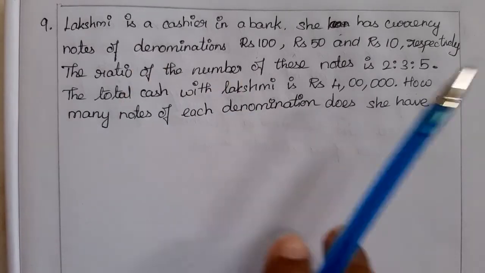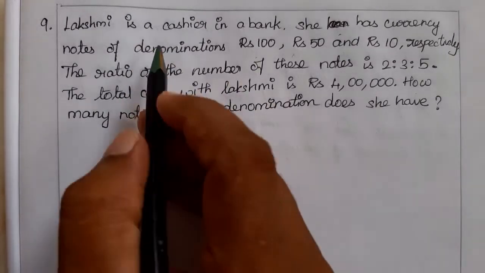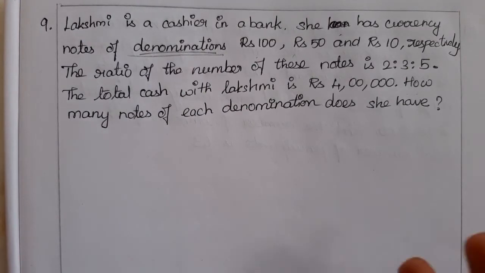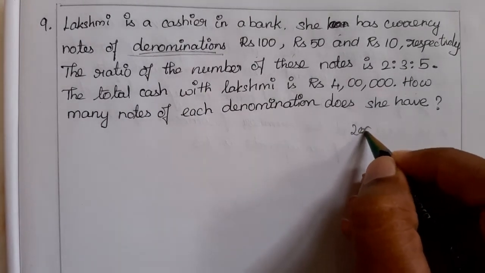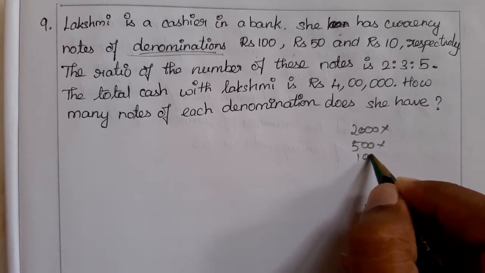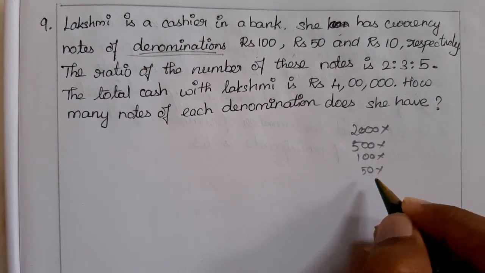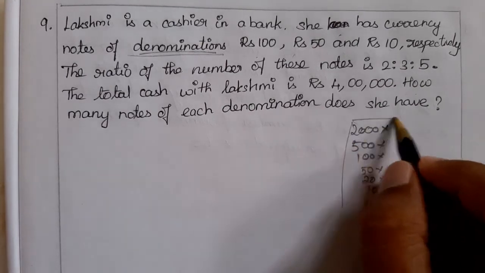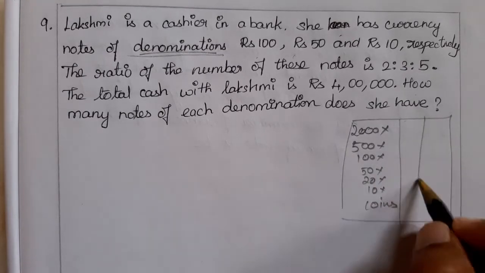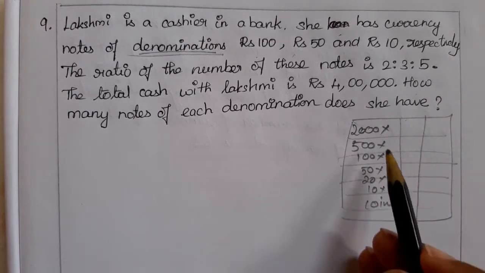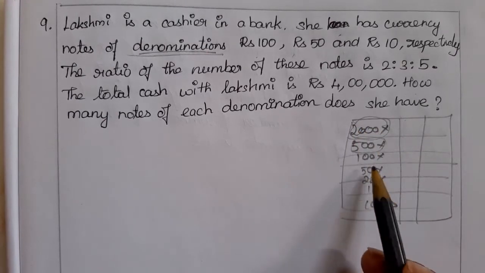So I think the new word you're learning here is denomination. Denomination you can find in the bank or post office where you pay money. You can see 2000, 500, 100, 50, 20, 10 and coins mentioned, to fill in to pay the amount. Have you seen this? So denomination refers to the currency that we are paying.